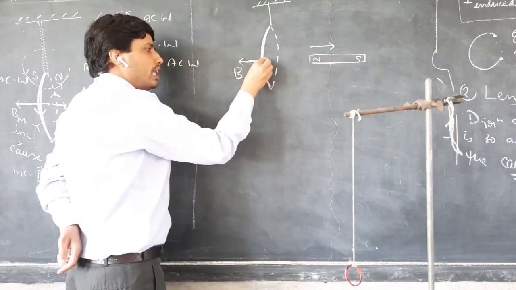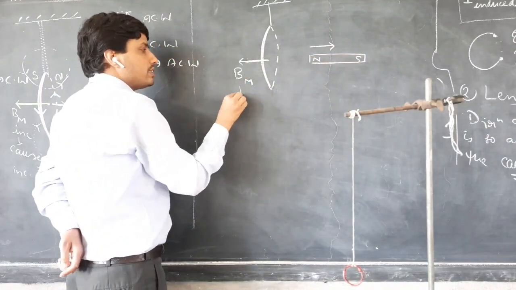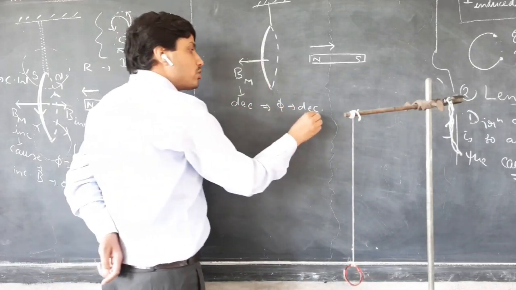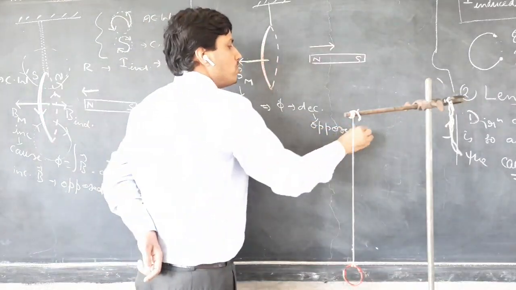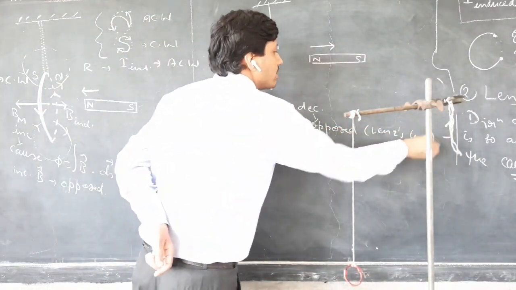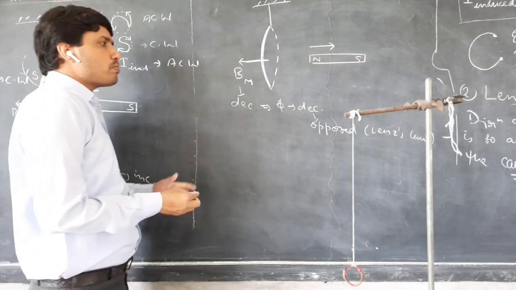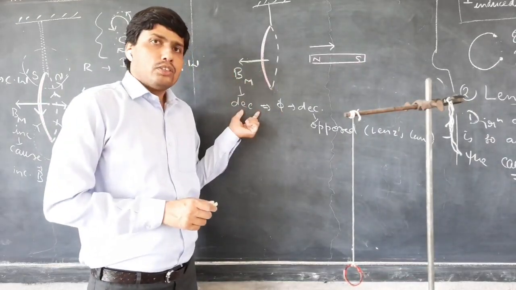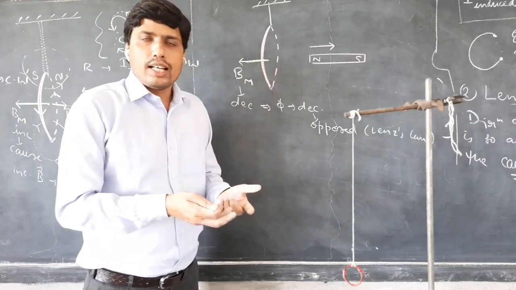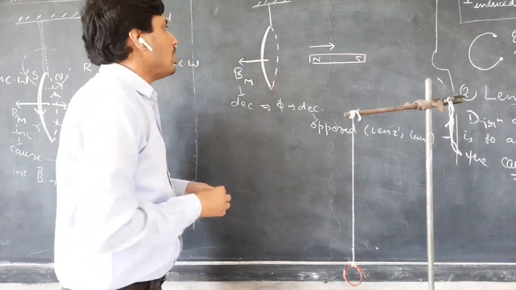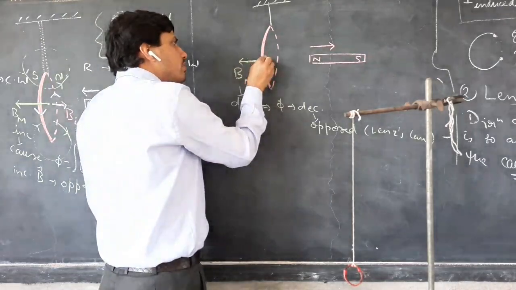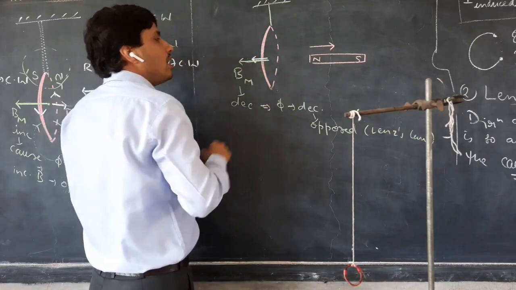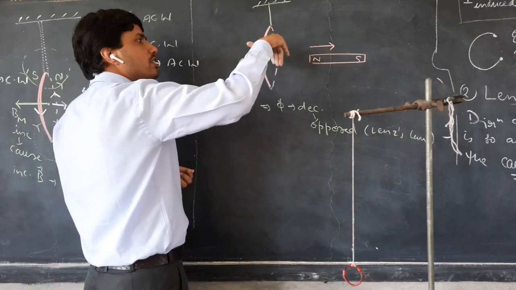Since this magnet is moving away, the value of magnetic field in this direction will decrease. If this decreases, this implies flux will decrease. This is the cause, and it should be opposed according to Lenz's law. Now, to oppose it, the induced current should be so as to produce a magnetic field which will contribute to this. This is decreasing, so the induced current would tend to increase it as per Lenz's law because it has to oppose. Now to increase it, the magnetic field should be in same direction as this. Which magnetic field? The magnetic field due to the induced current. Now to have magnetic field in this direction, the fingers will curl like this.